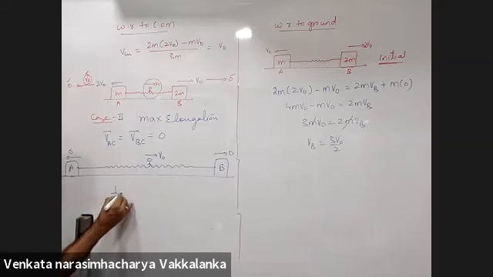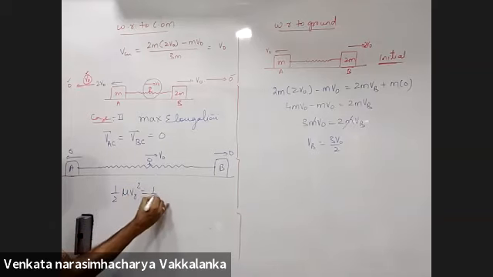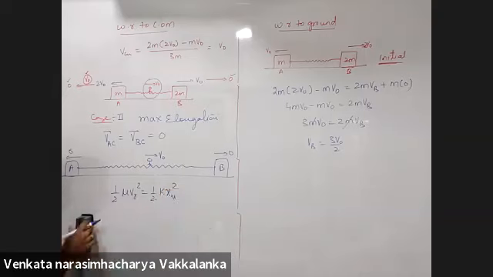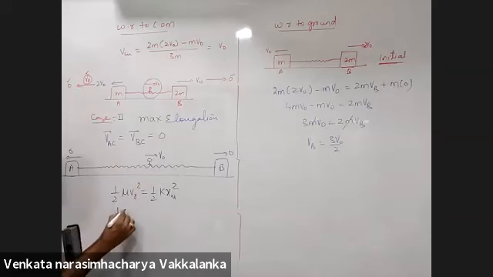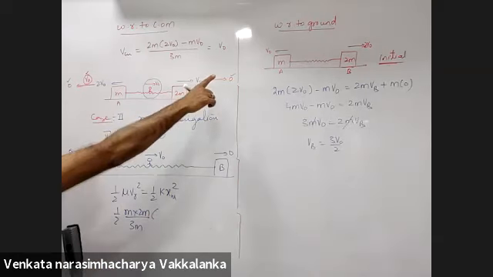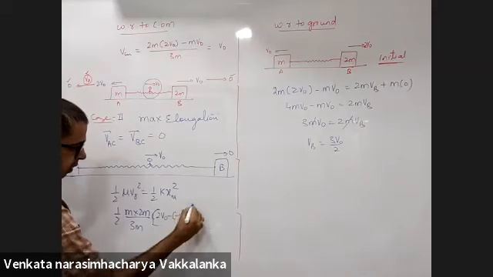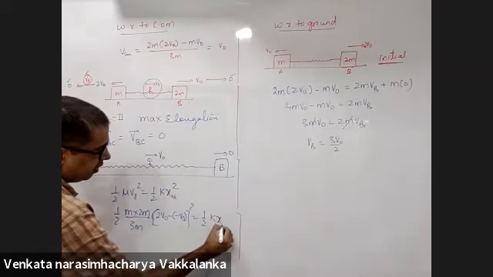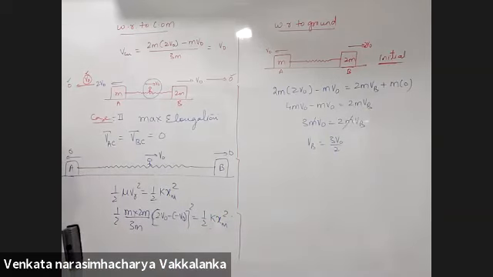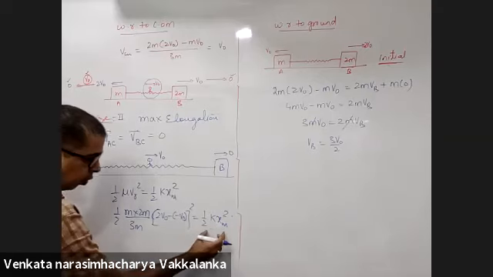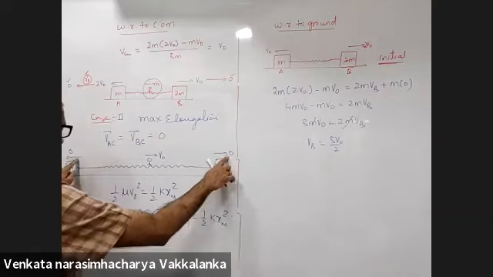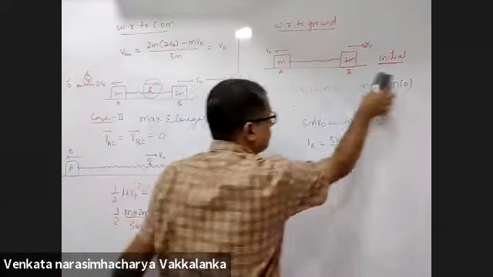We have done this. Half mu VR square will go into half kx maximum whole square. Right? Half mu will be m into 2m upon 3m, V naught minus of minus V naught whole square is half kx maximum whole square. This is the total initial kinetic energy with respect to center of mass. All of that will go into half kx maximum square because both of them are coming to rest.